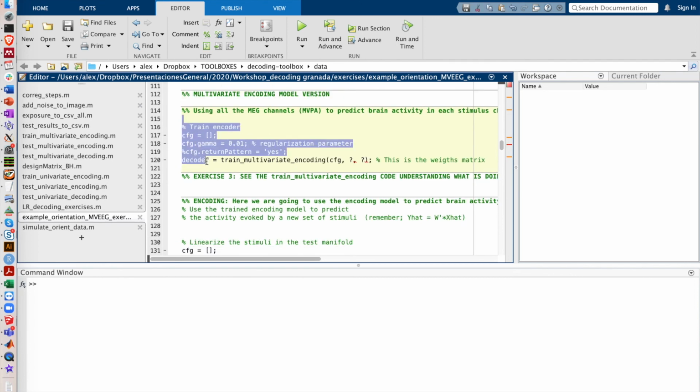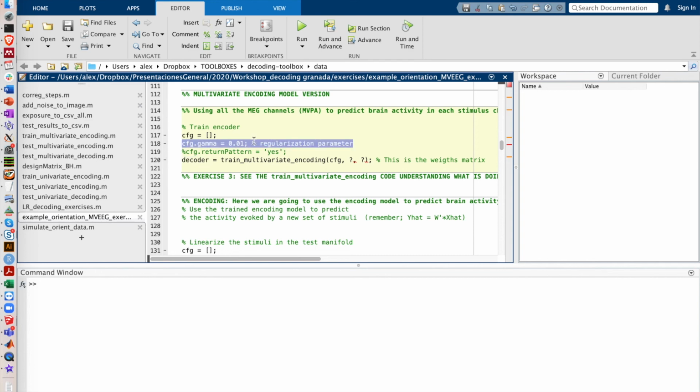Okay, and here what you have to do is to go inside of the multivariate encoding function, see how it works, and decide what ingredients you need to feed to this function in order to give you the decoder output. Don't worry about the regularization parameter.